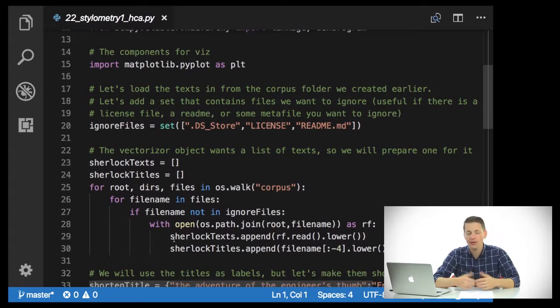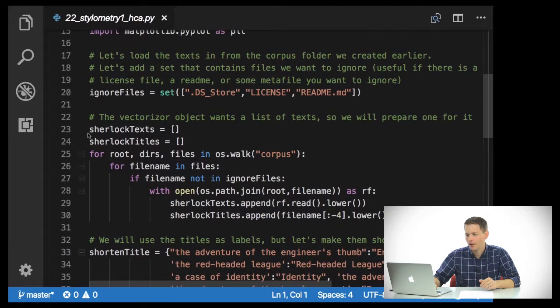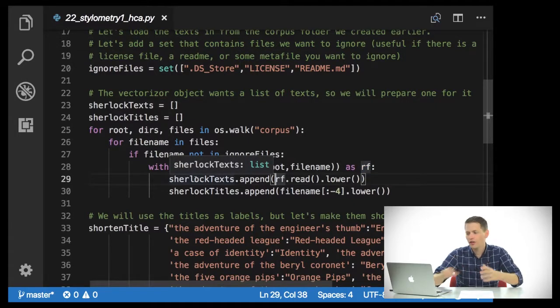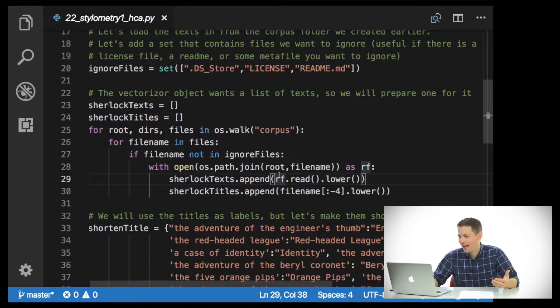So the vectorizer object wants a list of text, which we saw before, and we're going to prepare for this. So here on line 23, I am just creating an empty list for the texts and an empty list for the titles. And then what I'll do is I'm just going to go through all of the files in the corpus folder, and for every file name in files, and checking, is this file name not in the ignore files, we'll go ahead and open that file as rf, which is, again, the variable name that's substituting for that file object. So what I'll do is I'm just going to say, to this Sherlock Holmes list, go ahead and append